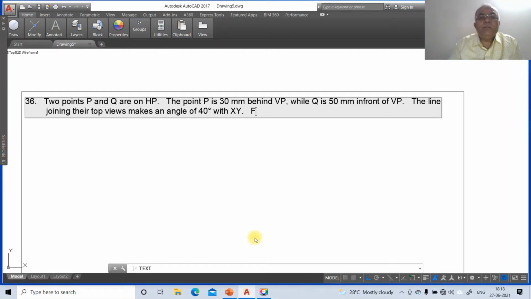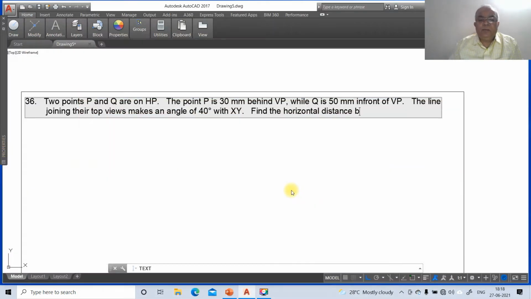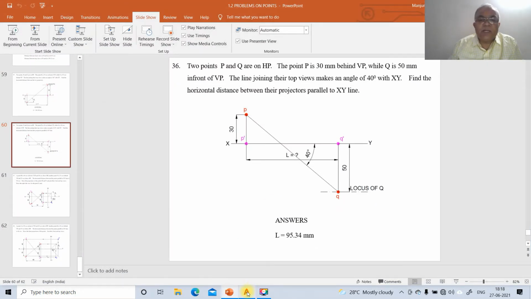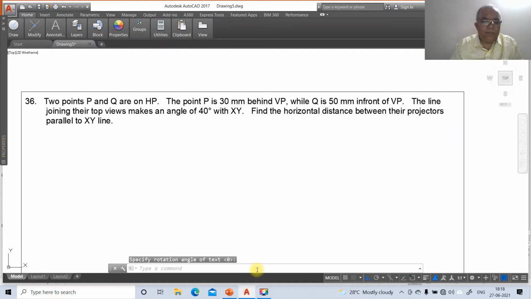Find the horizontal distance between their projectors parallel to XY line. So now this is the problem.